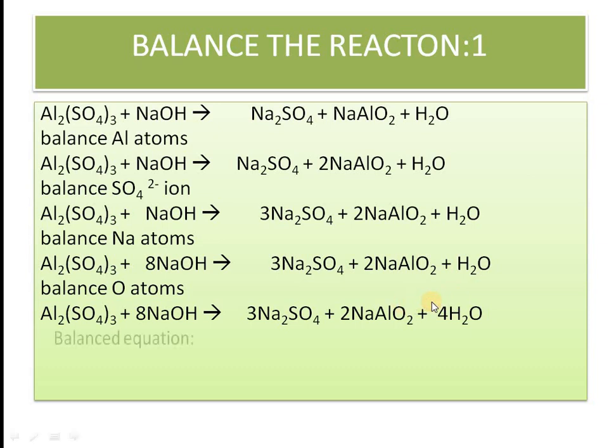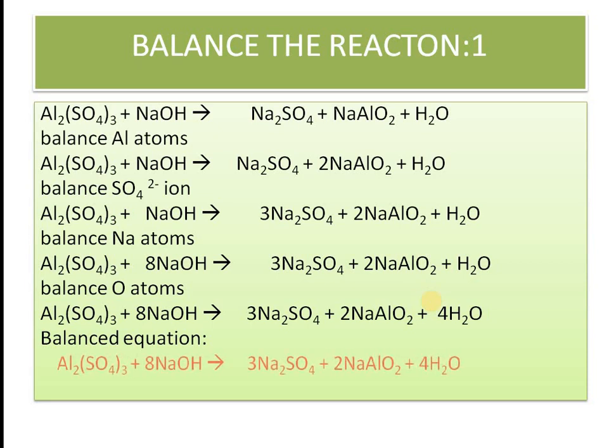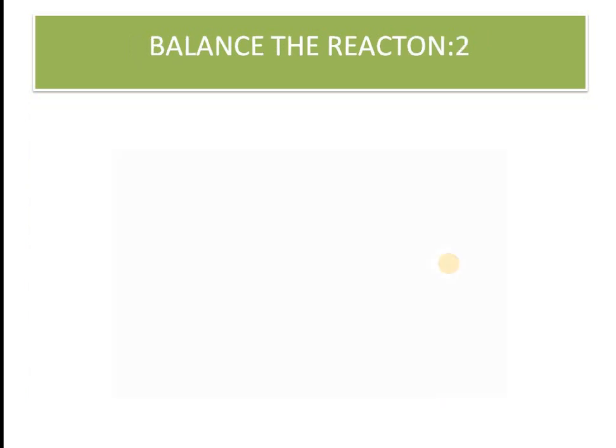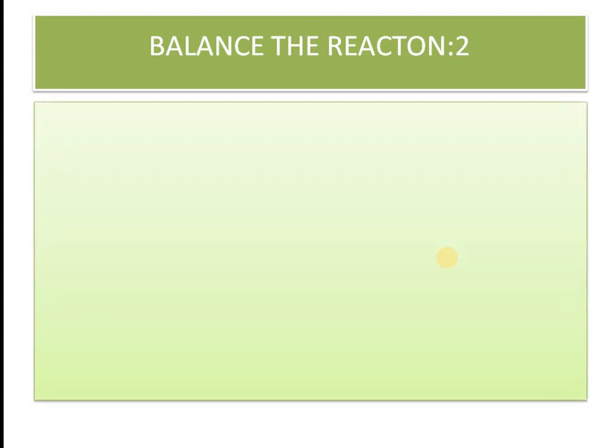So now we can see that this is the balanced chemical equation we get. This is a double displacement type equation, and a byproduct, water, is also there. Now let us do the second question. What I feel you should do is, now that you understood the topic, try again yourself in the same manner, and then automatically you will become familiar with how to do it.